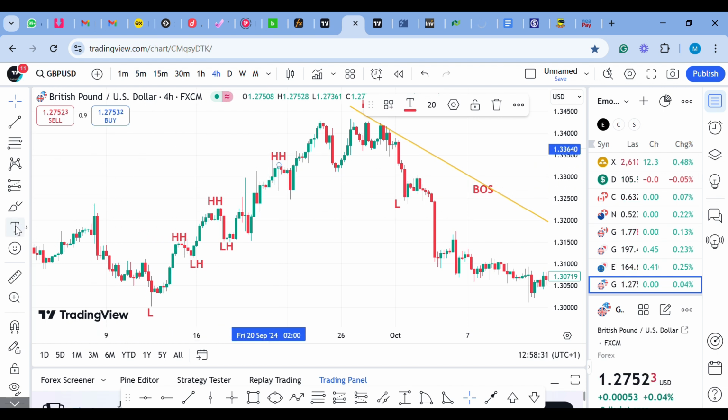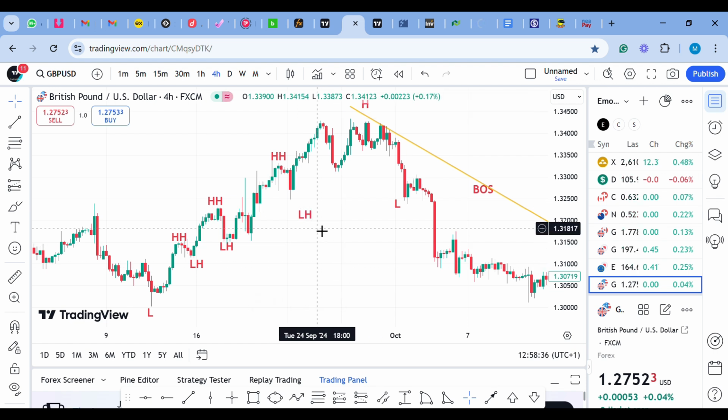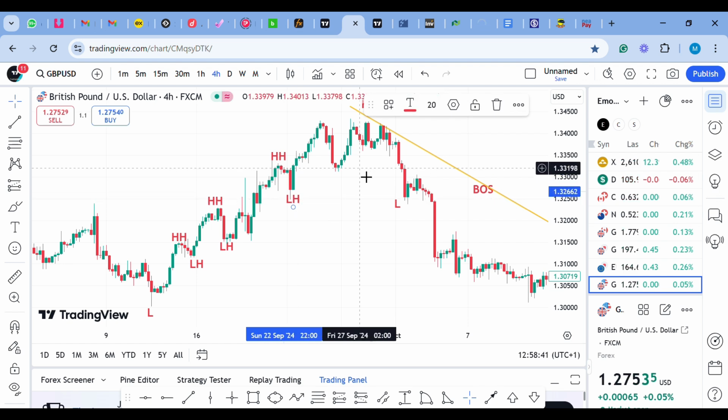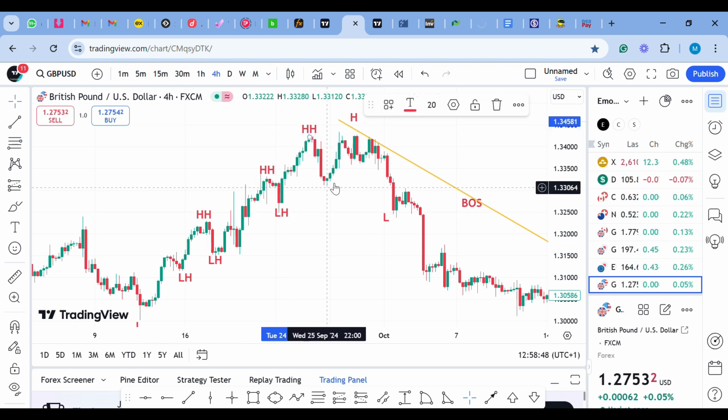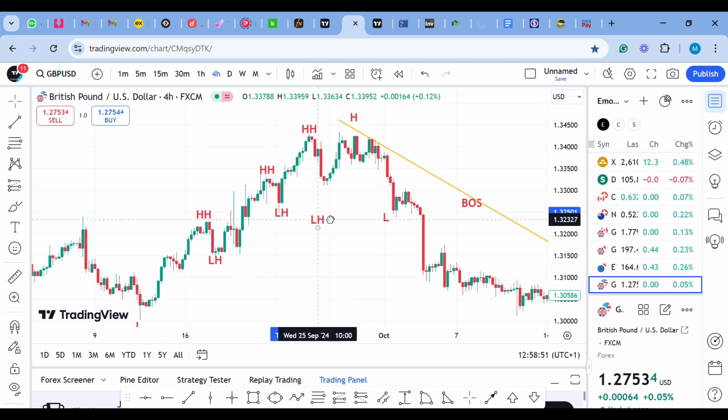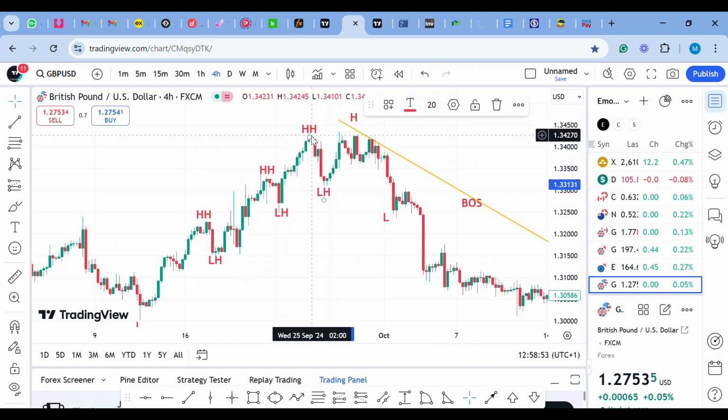Then where will now be our current lower high? This lower high. You can see this is our current lower high. Then where will be our next higher high? This will be our next higher high. Then our next lower high? This will be our next lower high. And this place they came to create an equal high. You can see the market wants to change its trend now. The market created its equal high. You can see equal high here pushes down to create a low,